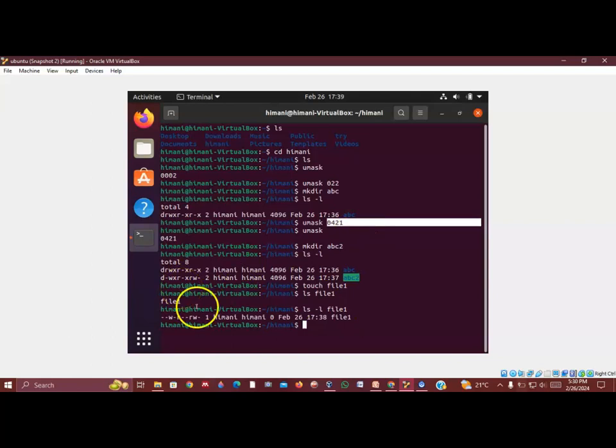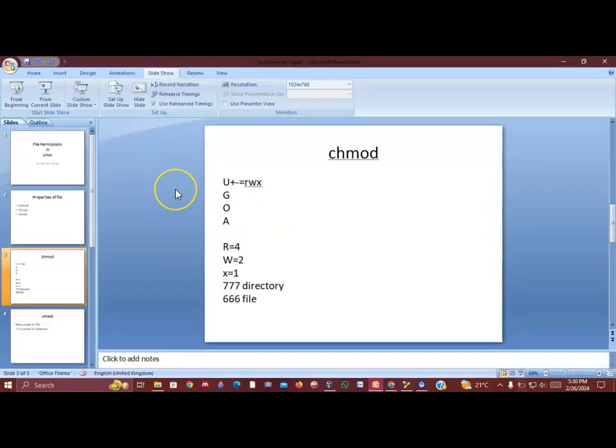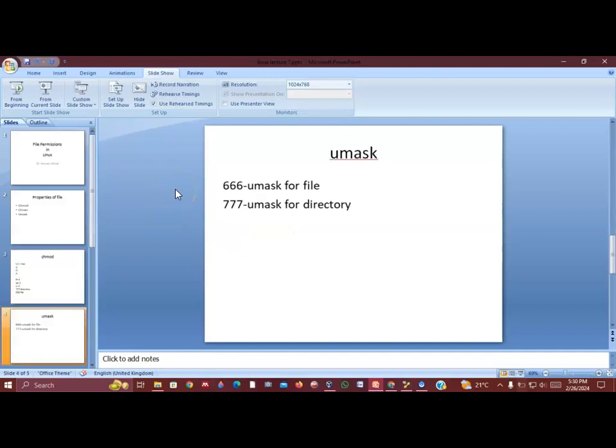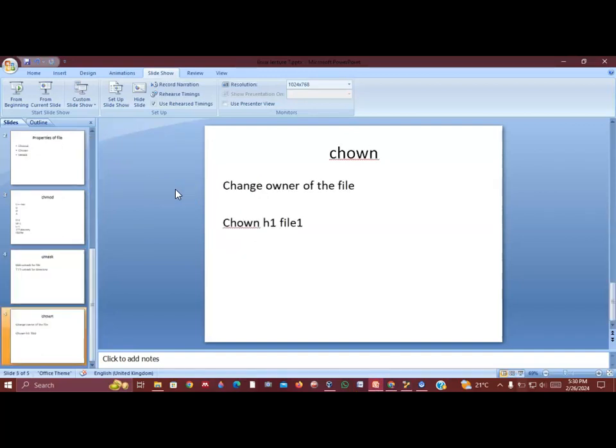I hope this video is useful to you for the understanding of the change mode command. Similarly, umask is clear to you. And now we have the change owner command. Change owner command is used to change the ownership of a file. If you see here,